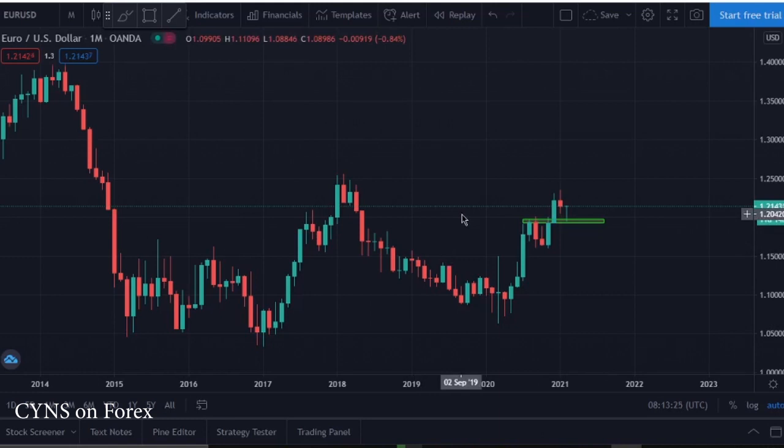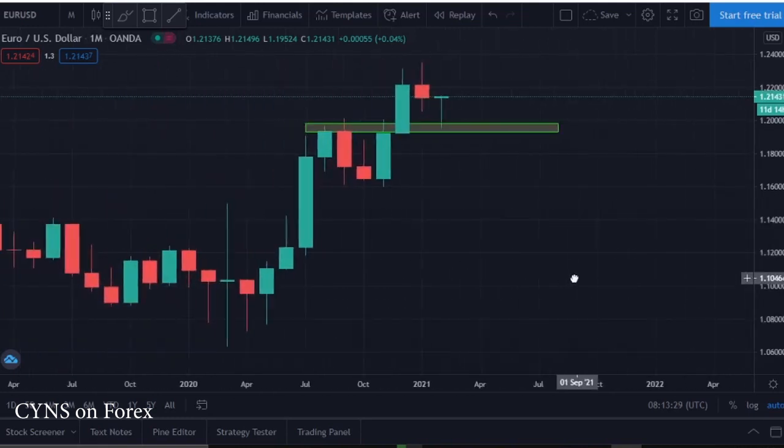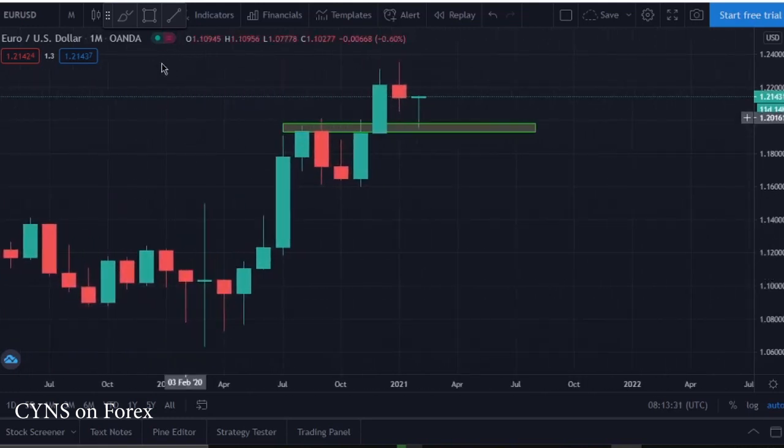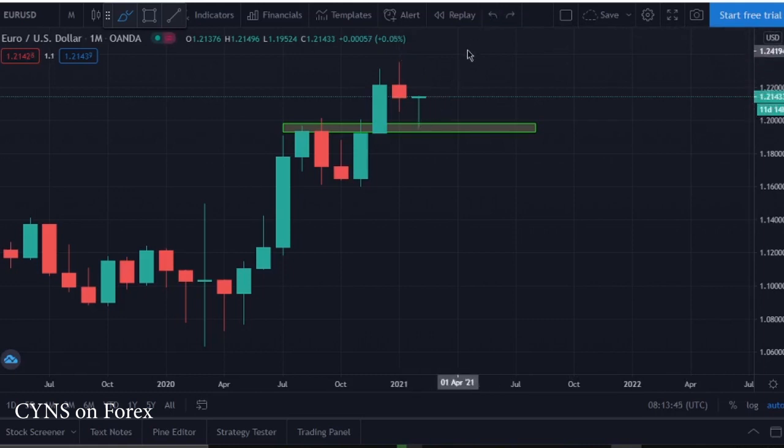Starting from the monthly time frame, what can we see in the market? We can see the monthly market has just provided a nice impulse to the upside. After an impulse, the market should create a corrective pattern before another impulse. Currently the market is processing a corrective pattern before another big move to the upside. In this area there is nice resistance which has now turned into a support level.